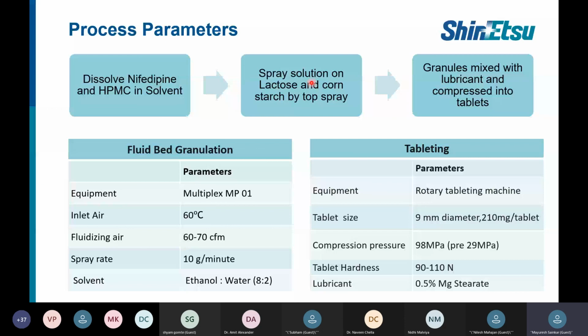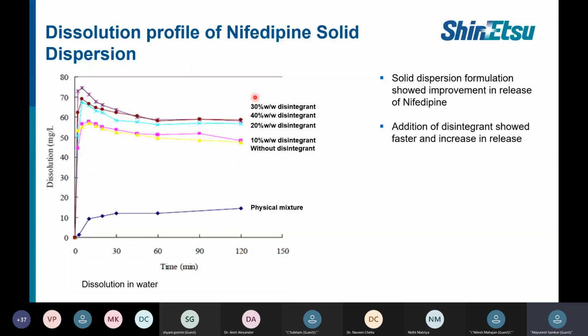being compressed into tablet. On this slide, you can see the dissolution profile when there is the highest concentration of the disintegrant, that is either 30% or 40%. We highly recommend it, as it increases the solubility and also helps to maintain the supersaturation. So addition of disintegrant showed faster and increased release. That's what we want to promote: that sometimes whenever you are compressing spray dried powder or any solid dispersion powder into tablet, addition of